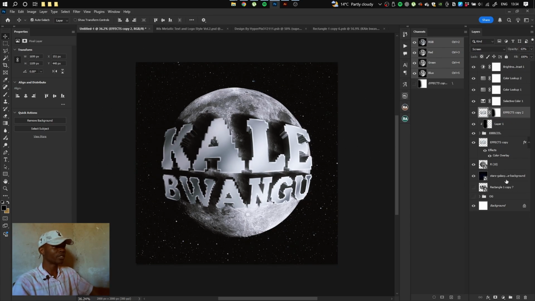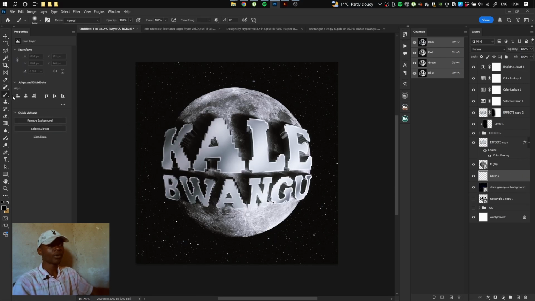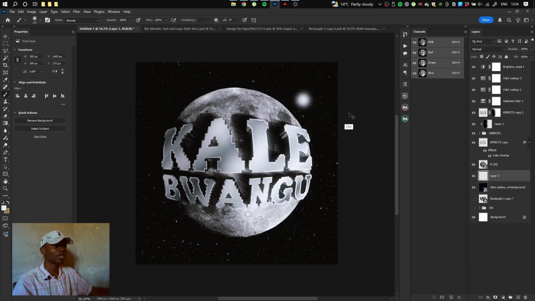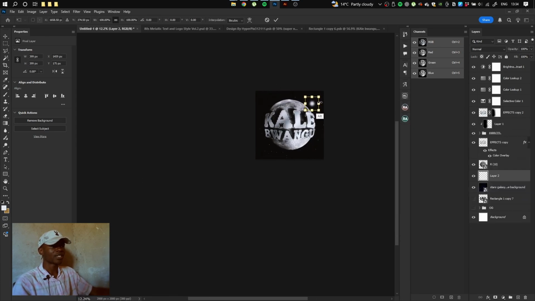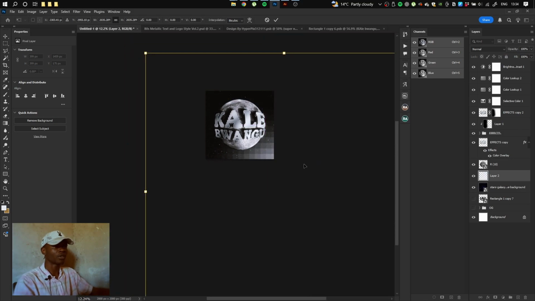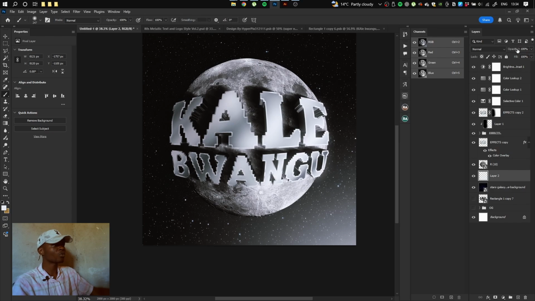So we can just go down on the stars here, open up a new layer, and then make a very small brush, all right? Something like this with a bright color, right? And then let's just make it soft all the way, so something like this, right? And then resize it according to how you want, and then move it down somewhere here, and then you should have something like this. And then if it's too much, you can always reduce the opacity to something like that,